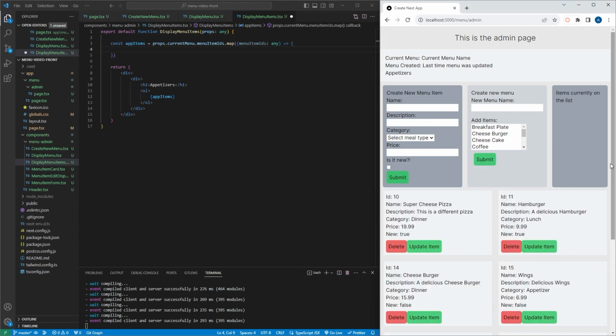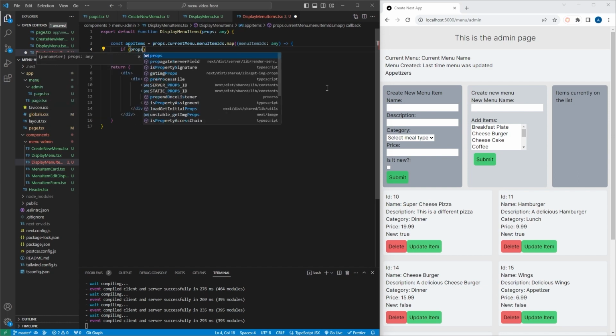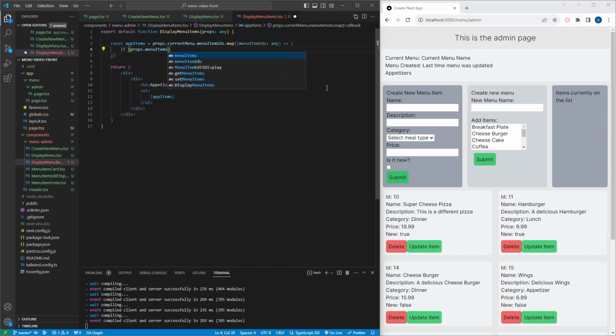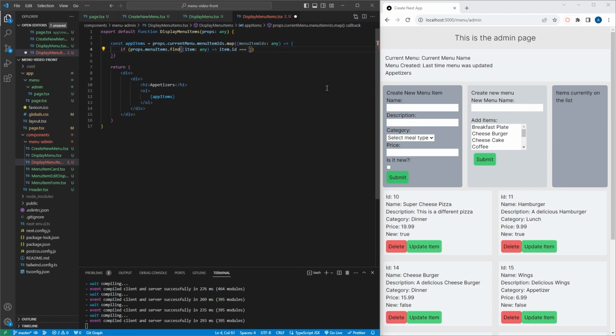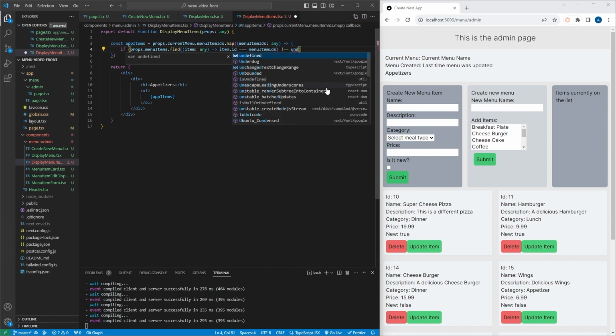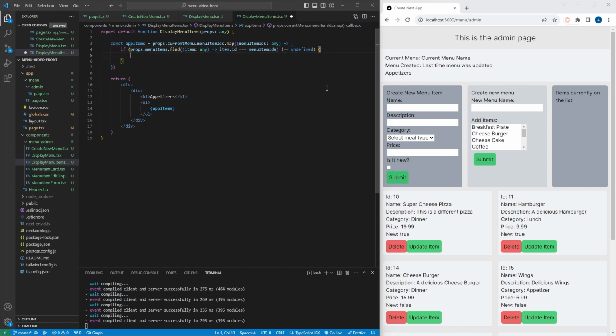That's fantastic. Now what we're going to do is say if props.menu items.find, because we're looking for an item based on the ID. So if the item ID is equal to menu item IDs and it's not undefined, then what we're going to do here